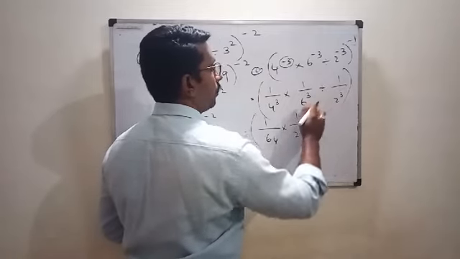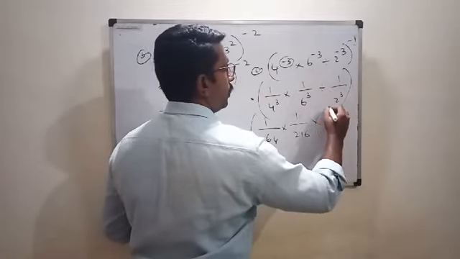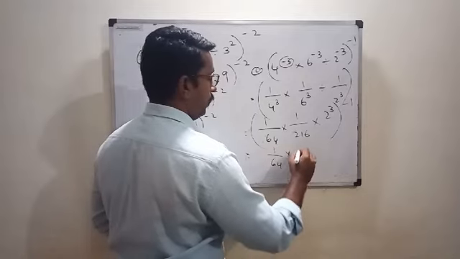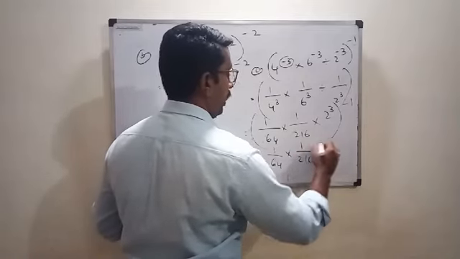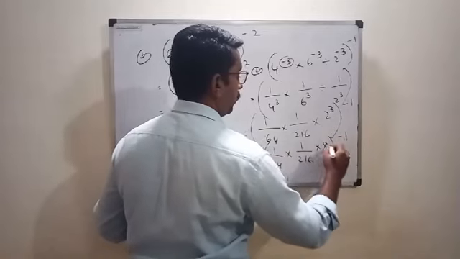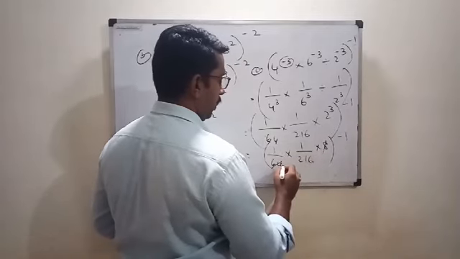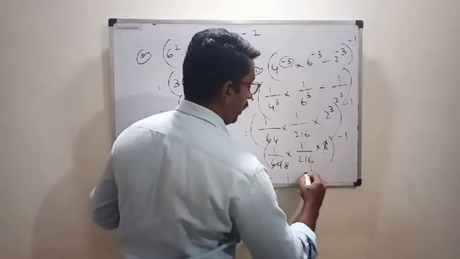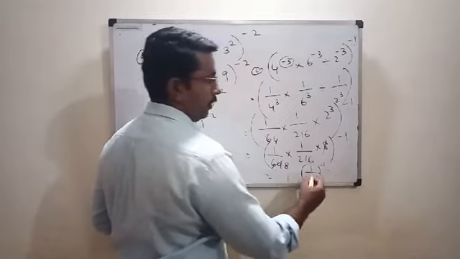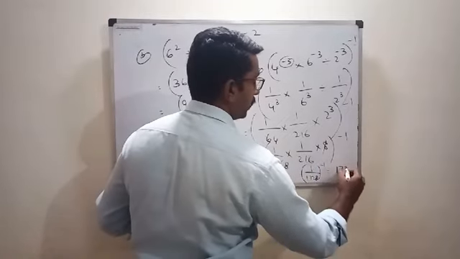into, this is division, no? So 2 cube will go upside, to the power minus 1. So 1 by 64 into 1 by 216 into 8 to the power minus 1. We can cancel this one, 8 times. Which is equal to 1 upon 1728 to the power minus 1. What is the answer? 1728.